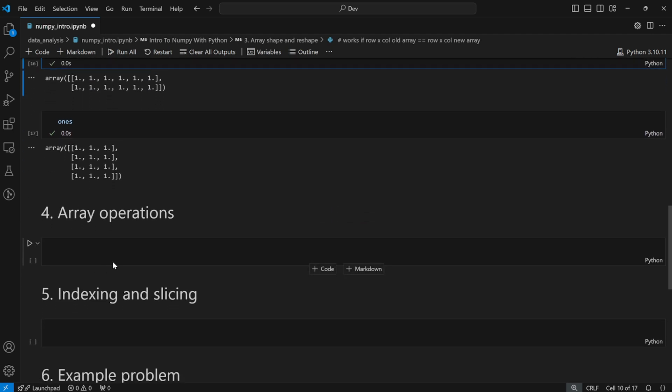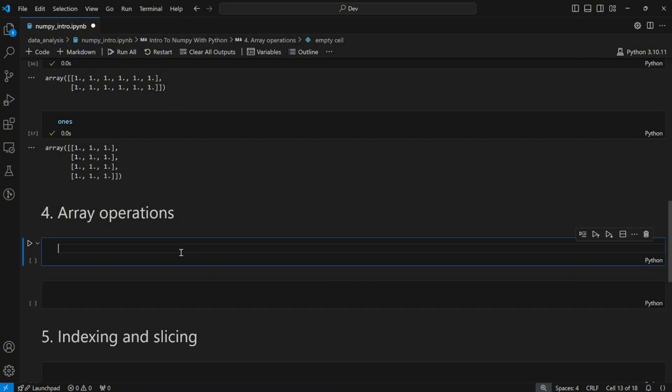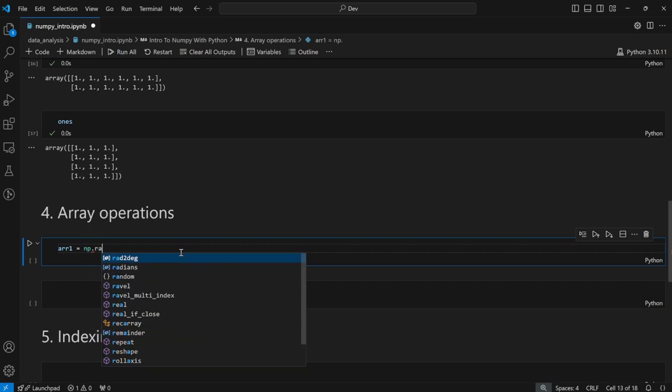And next, let's look at array operations. To do this, I'm going to create some new arrays to work with. Let's forget the ones we already have. I'm going to call these arrays, let's say array 1. And I'm going to show you another way to create random arrays. So we're going to call